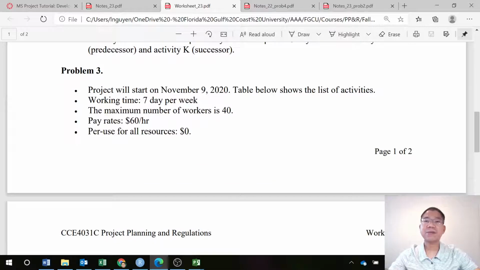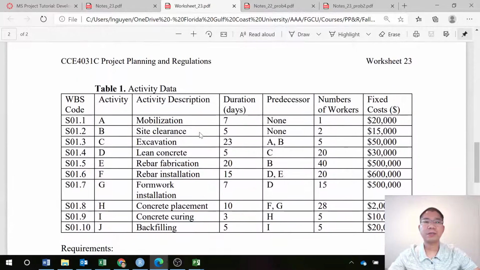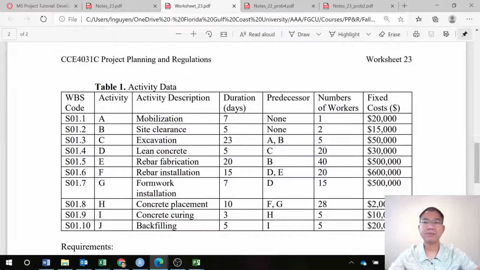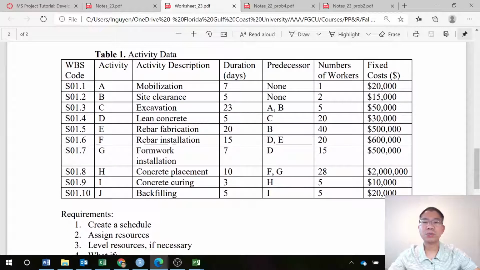Working time is 7 days per week. The maximum number of workers is 40. Pay rate is $60 per hour per use for all resources, and cost for materials is 0. So we have all the activities, the same as in the previous problems. And the question is to create a schedule,